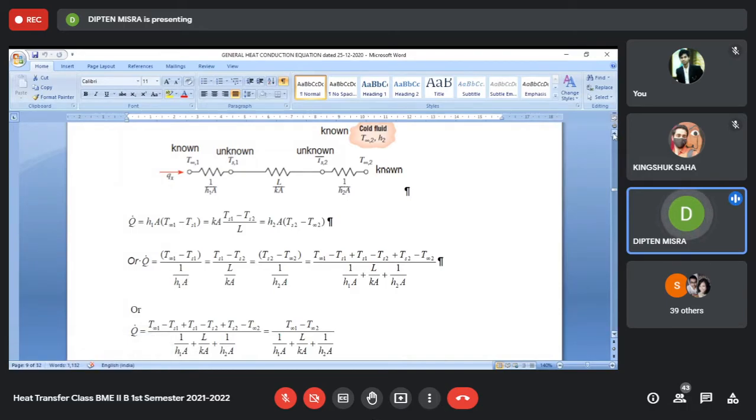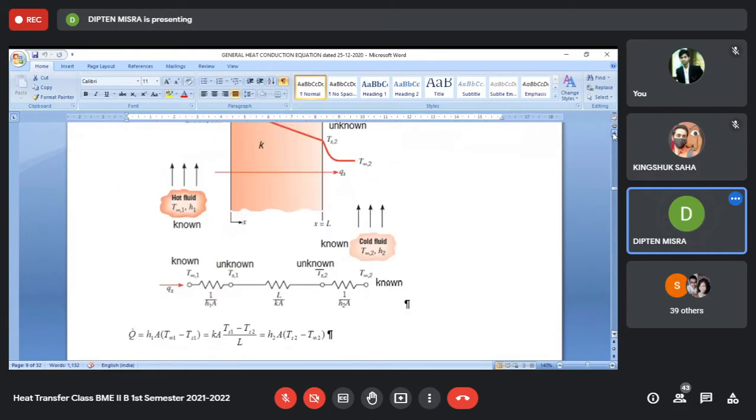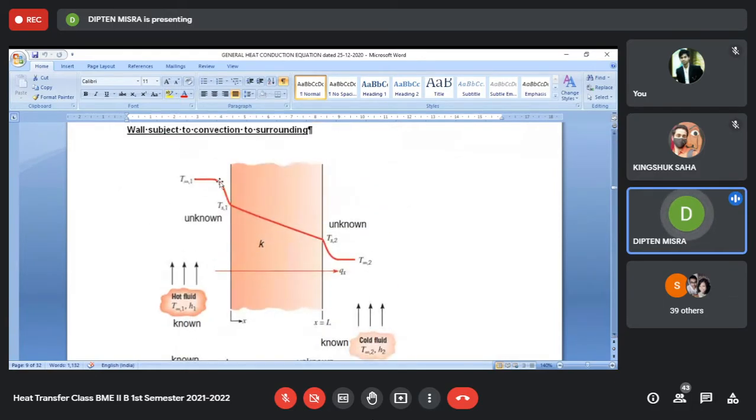And then what will happen? Then your temperature drop also will be approaching 0. That means the surface temperature, in that type of situation where the value of h is very large, can be taken as equal to the fluid temperature, the free stream temperature of the fluid, and that will happen if and when the value of h is very large.